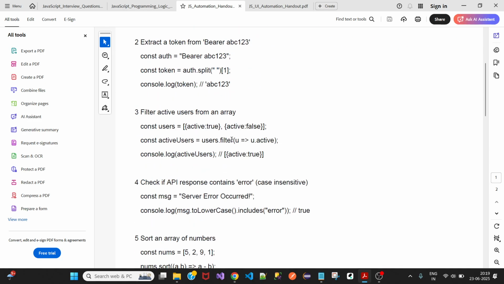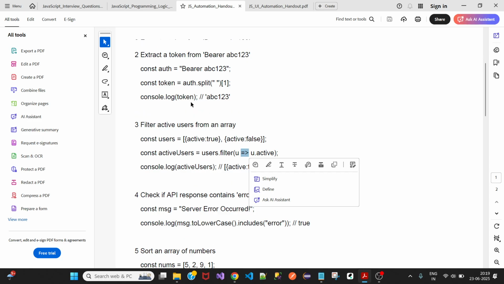Don't go for this one where you see this arrow mark. Don't go for this topic because we haven't covered this. We haven't covered the filter or arrow functions. This is a filter method, and this is an arrow function in JavaScript, which we haven't covered, but others which